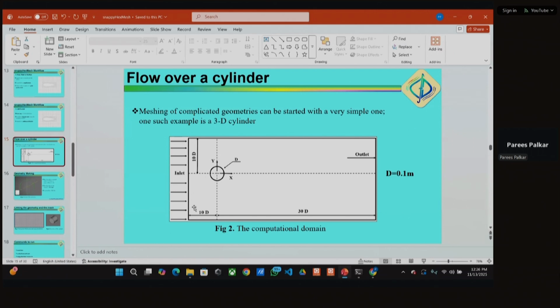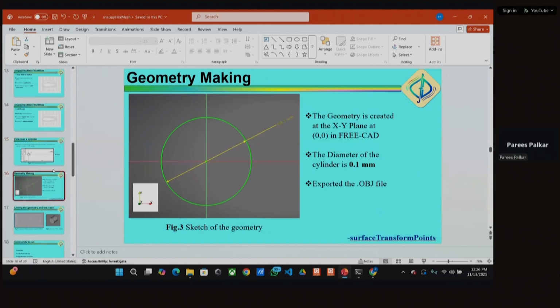So this is the domain. These are the approximate dimensions. We will be manipulating it based on our need. And the diameter of this cylinder is considered to be 0.1. Okay. So the geometry making of this geometry can be easily replicated in FreeCAD, and then